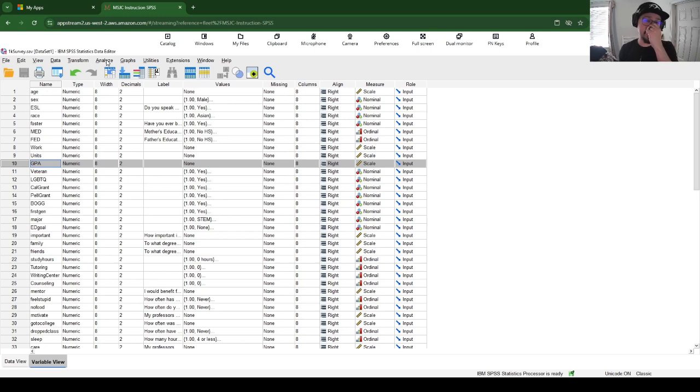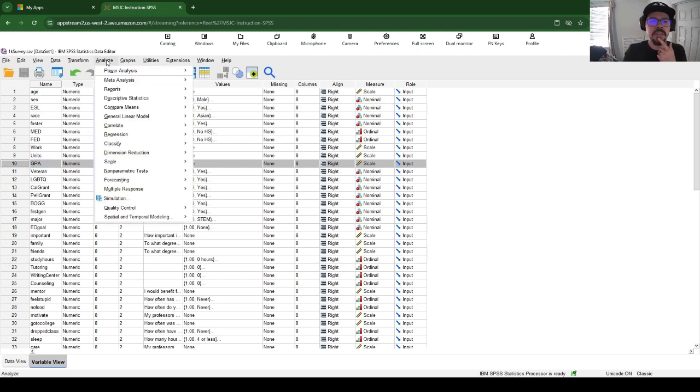So this is where I'll say do not use that same combination for your assignments. You're welcome to keep mother's education and apply a different dependent variable, or keep GPA and apply a different independent variable. So we'll come up to Analyze, and the first thing that we want to include in